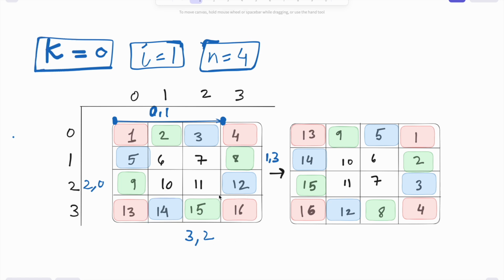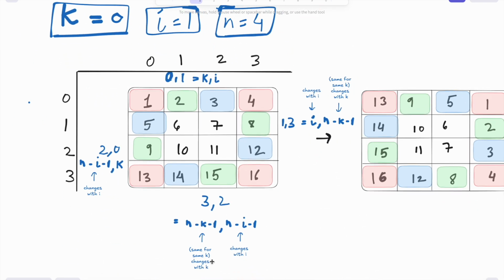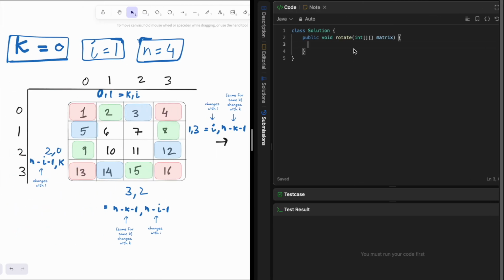Okay, so you have to come up with formulas like that, and that is pretty much your problem. So here is what we discussed: we are going from k comma I comma n minus k minus 1, as we discussed. That is our cycle, and now we're going to use this in order to code. So let's get started. I hope it is clear, and if it is not, then coding it will actually make our life much easier.